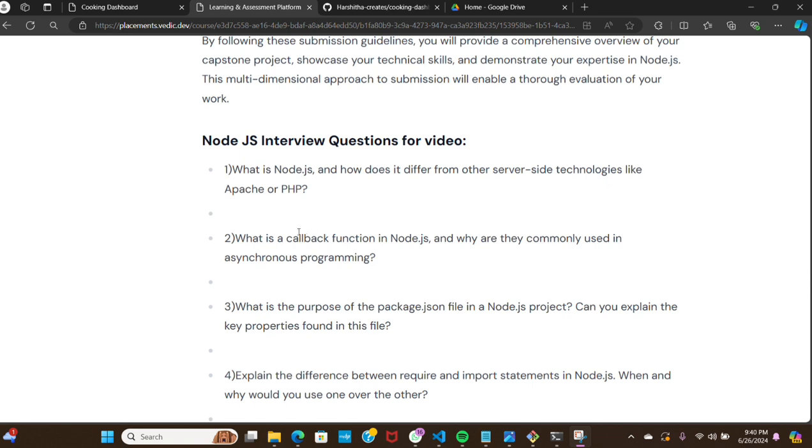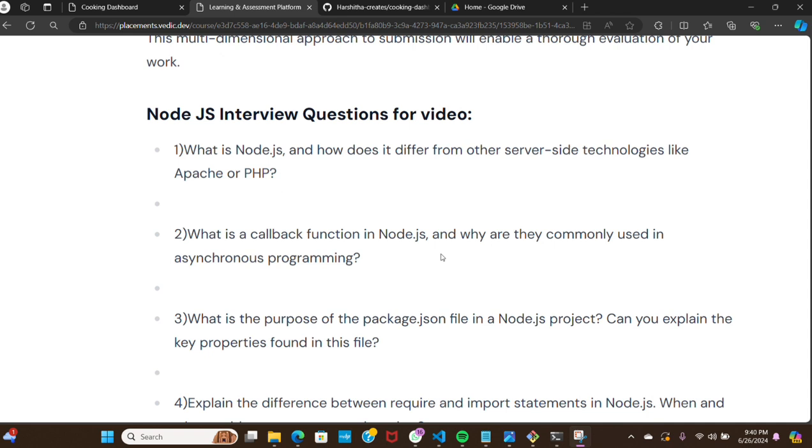Second question, what is the callback function in Node.js and why are they commonly used in asynchronous programming? Answer. A callback function in Node.js is a function passed as an argument to another function, and it is executed after the completion of an asynchronous task, which helps prevent the program from blocking while waiting for operations like file